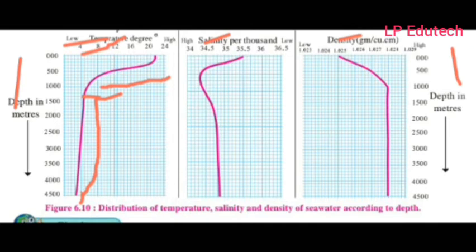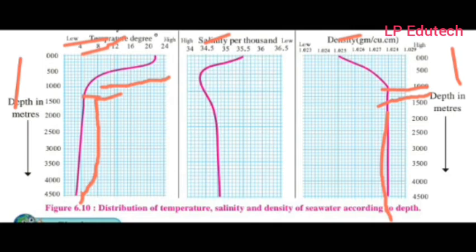Even for the density, the same thing applies after the depth of 1000 meters. So it is here, 1000 meters. There is no change we can find here. But in temperature we can find a somewhat slight difference, while in density there is a very small difference. The lines come very straight. That means the temperature below it remains stable. So that's the meaning. And at the surface level, it affects.